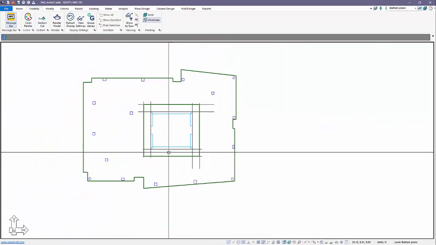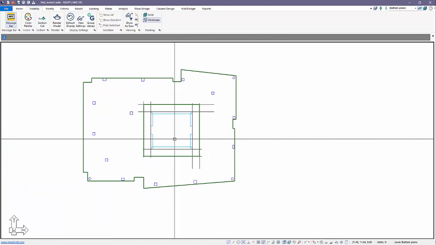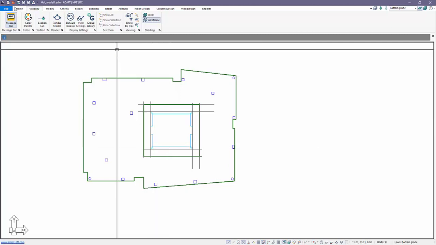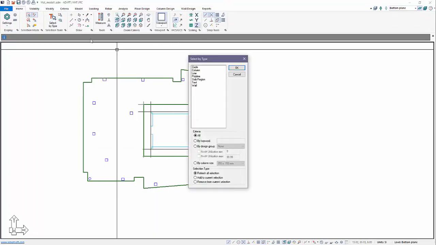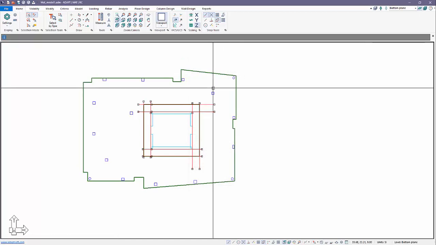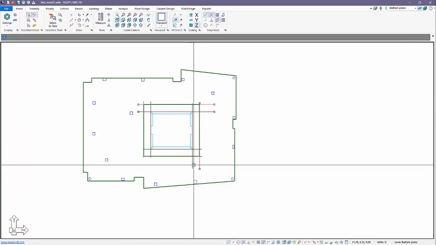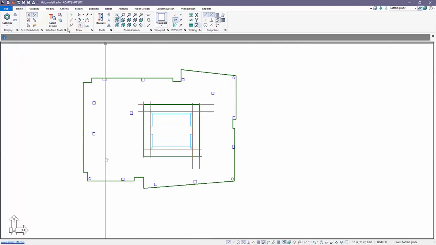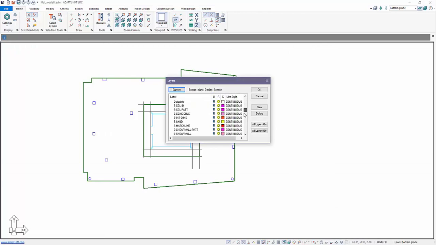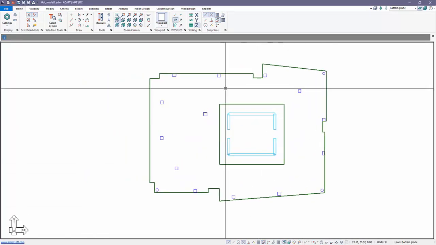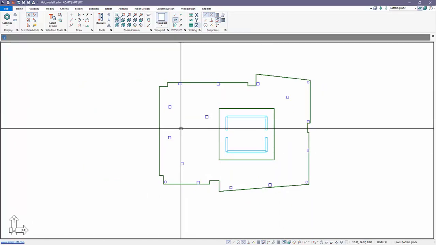Okay, now those lines I might just want to turn off rather than delete. If I wanted to delete them, I could go to Home, Select by Type, Line, and I could select them and then delete them, or I could just select, press Control and pick the lines, or I could also just go up here to the Layer Settings from the Home Display panel. This is also down on the quick access bar, and in Layer Settings I can find the Adapt Line layer, and I can just turn that layer off. And we're left with the slab and the thickening.